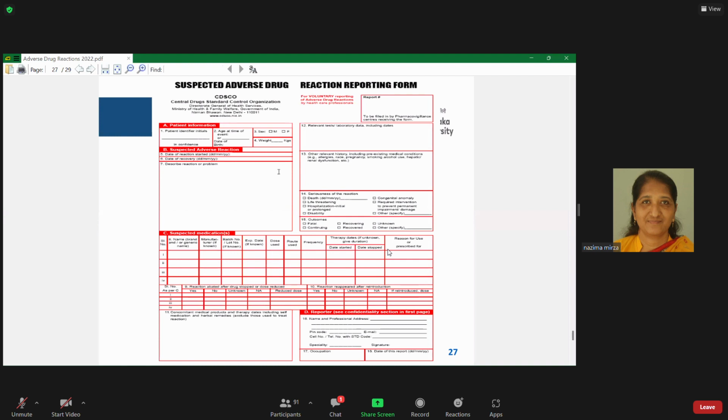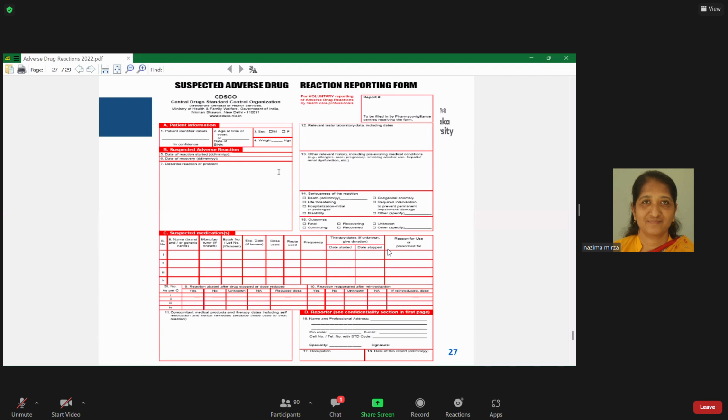We have so many scales, the details of which you will learn during your practical classes. So it is there with your manual, the pharmacology practical manual. Details you will learn during your practical classes of ADR, pharmacovigilance. So all the details you need to write: name, whether it is brand name or generic name,